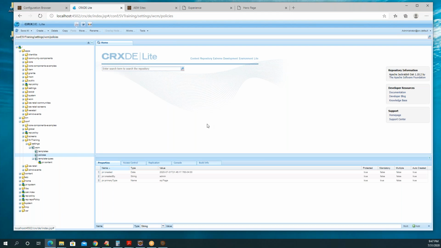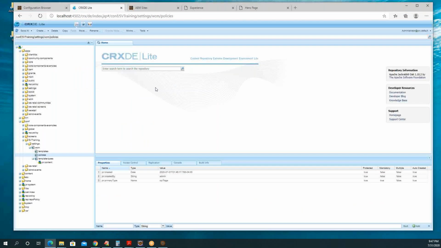Then template types. When you are creating a template, you can create your own template type. Template type means it's a base template. So you can create your base template, and using that base template, you can create other templates also. Mostly the developer has to create the base template, and all other things will be handled by your content author. We will create our base template in the template types folder tomorrow, not tomorrow, the next class.